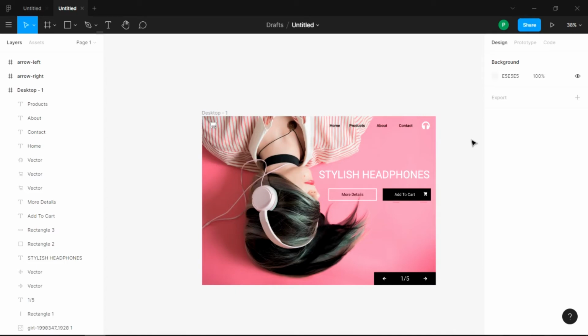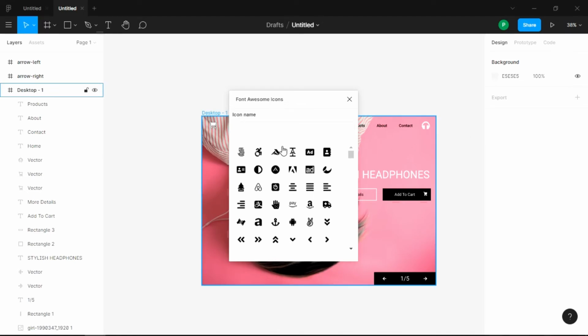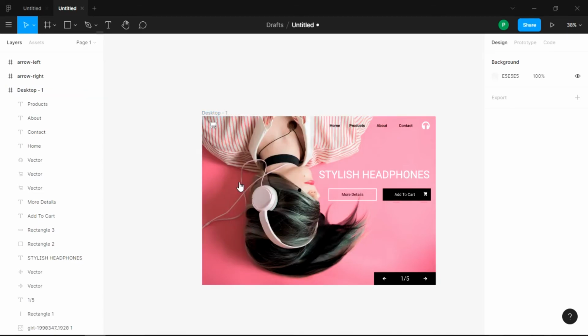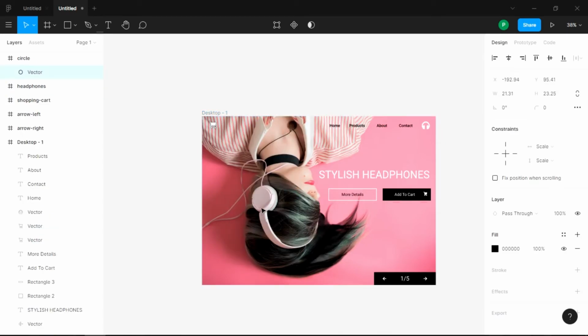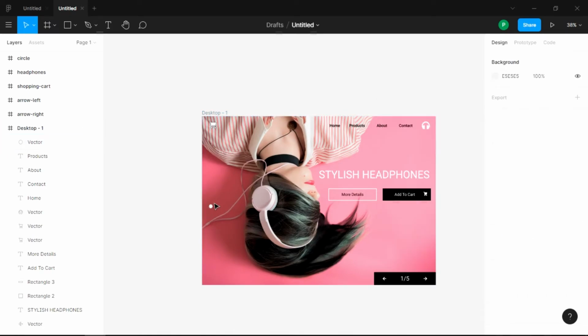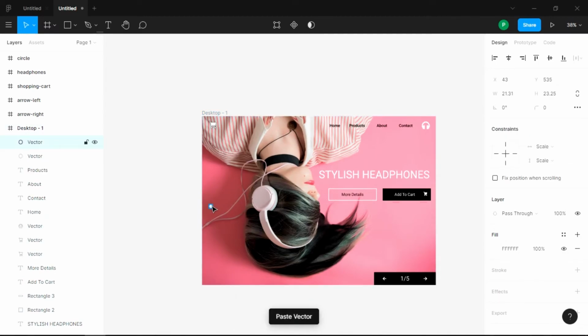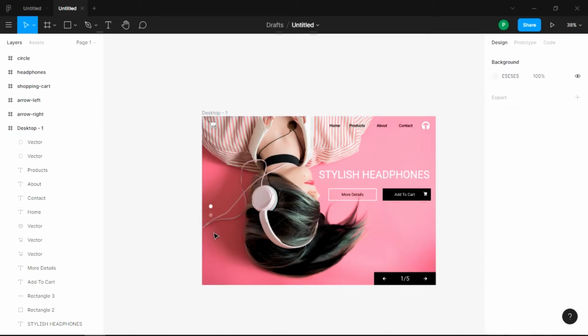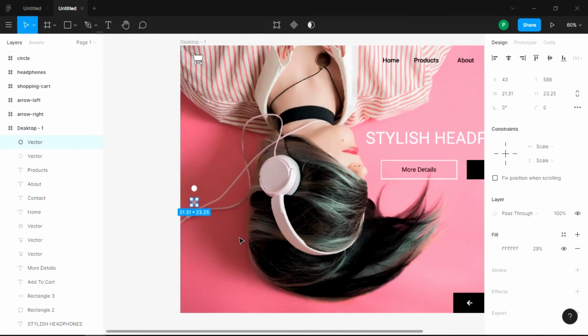That's fine, I think. Let's open the Font Awesome here and search for, let's search for circle here. So click on this. We got the circle here. You can change the size of the circle too, according to web design or the size of the circle you want. Cancel this. Just change this to white color. Copy out this and paste it for one more time, and let's just change the transparency of it so it will be more lighter, because it is not the active window right now. So we wanted this to be lighter.